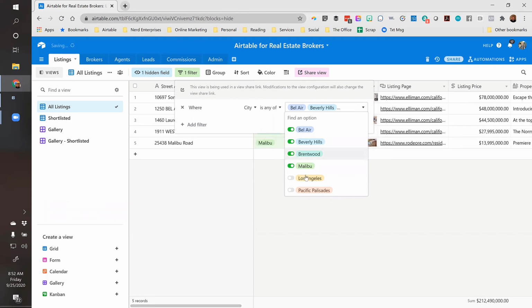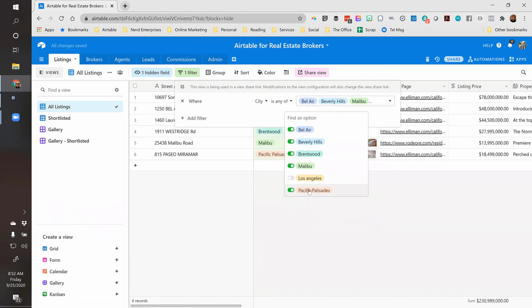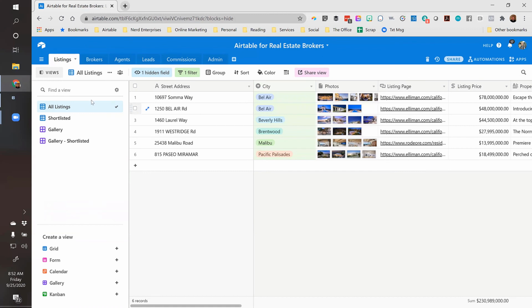Or Brentwood. They don't want Los Angeles, let's say. Pacific Palisades is also a pretty high-end area, so they only want the real high-end stuff. So I create that. And when I create a view like this and I'm in the all listings table, again,